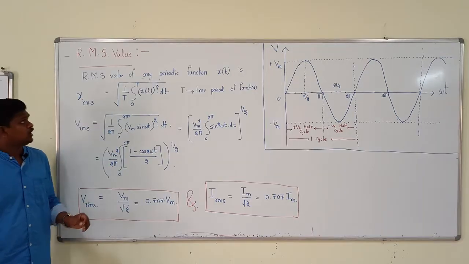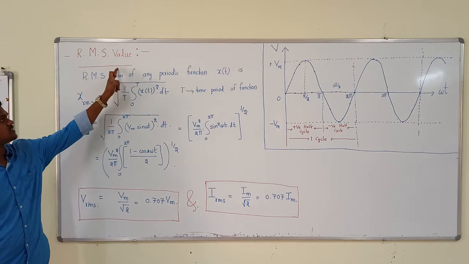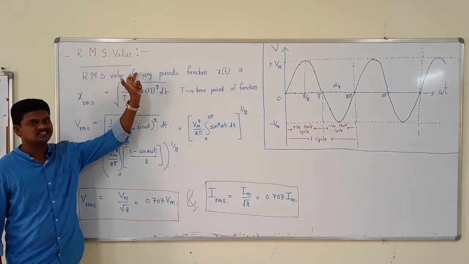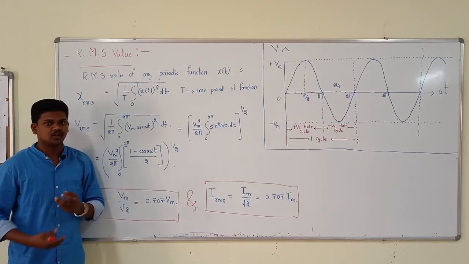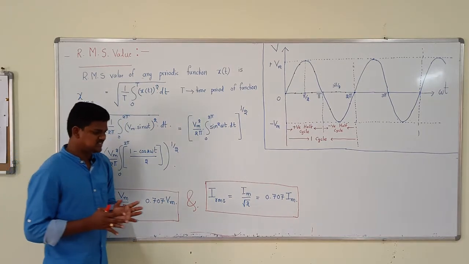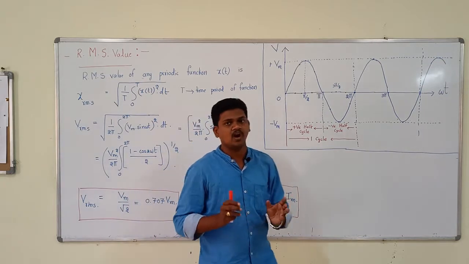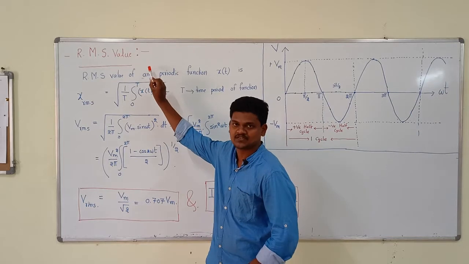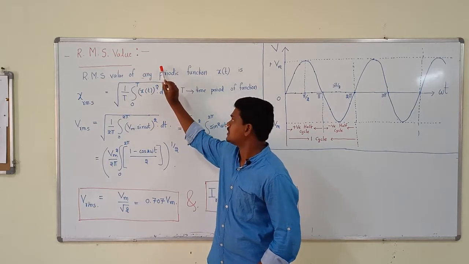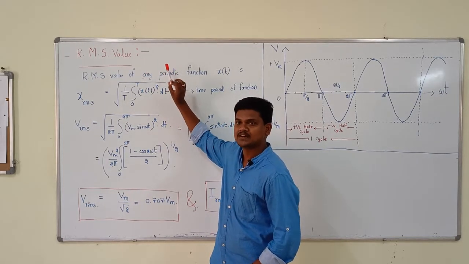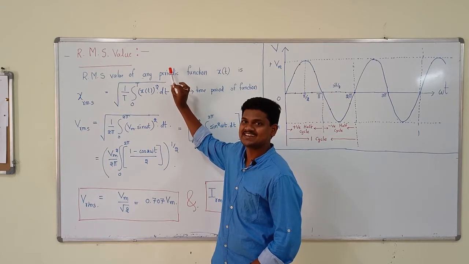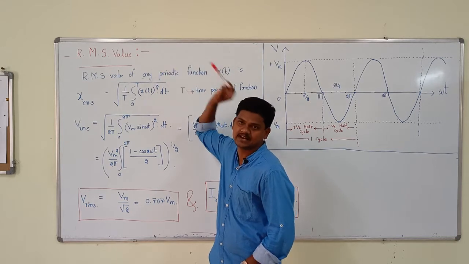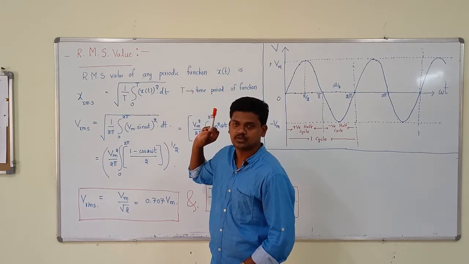Okay. Now we will discuss the RMS value. We already defined the RMS value. RMS means root mean square. Why is the RMS value required? In an AC system, the RMS value is the effective value, and generally we use this RMS value. It is the effective value: the heat produced by the DC current is equal to the heat produced by the RMS value of the AC current. That's why this is effective, right?